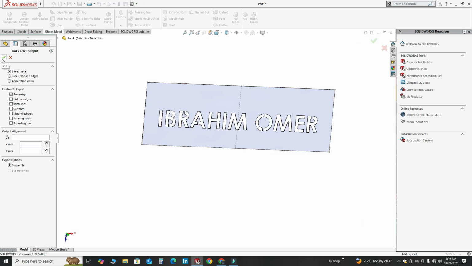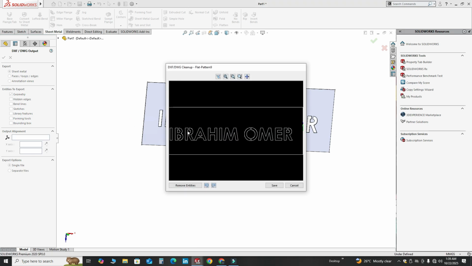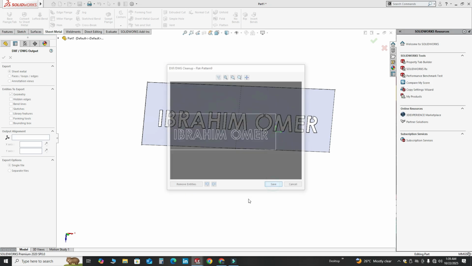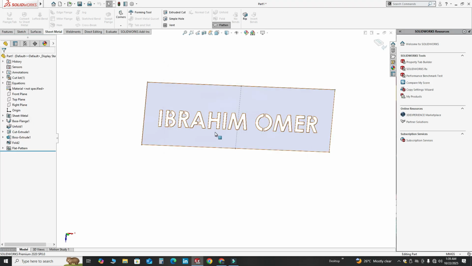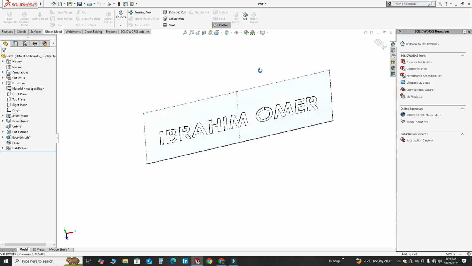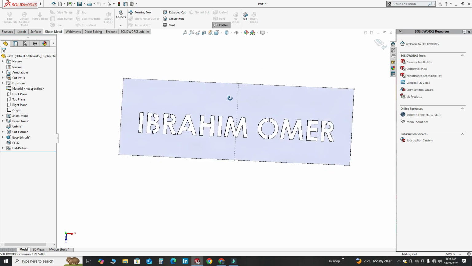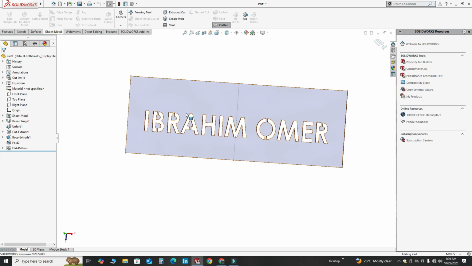It will give you a preview. Here you can see the preview of AutoCAD, and select save. Now you can send this DXF file to CNC machine, laser cutting machine, or any other machine, and then you can create this part.